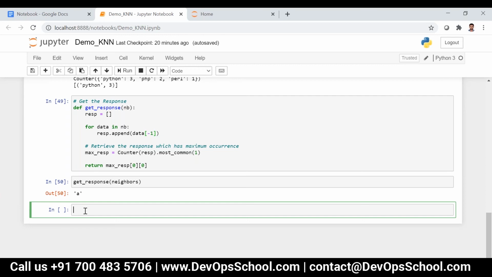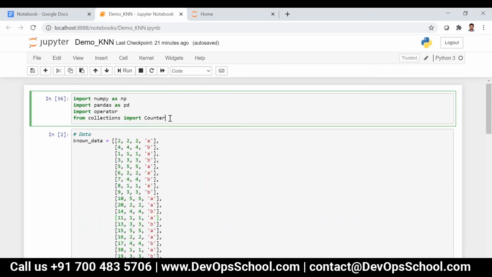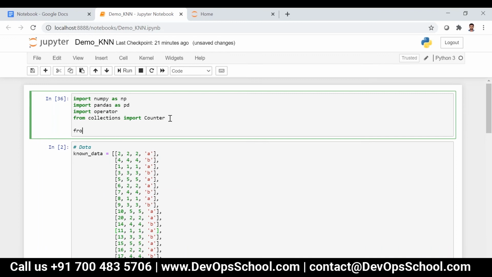Okay, so now let's see with this one. Okay, sklearn module. So I'm just going to import the modules on the top. There is from sklearn.neighbors import KNeighborsClassifier.